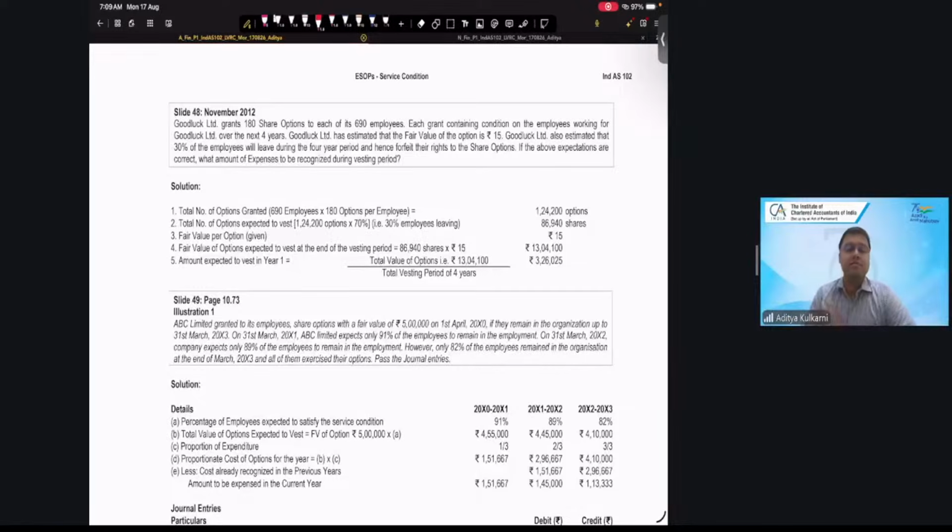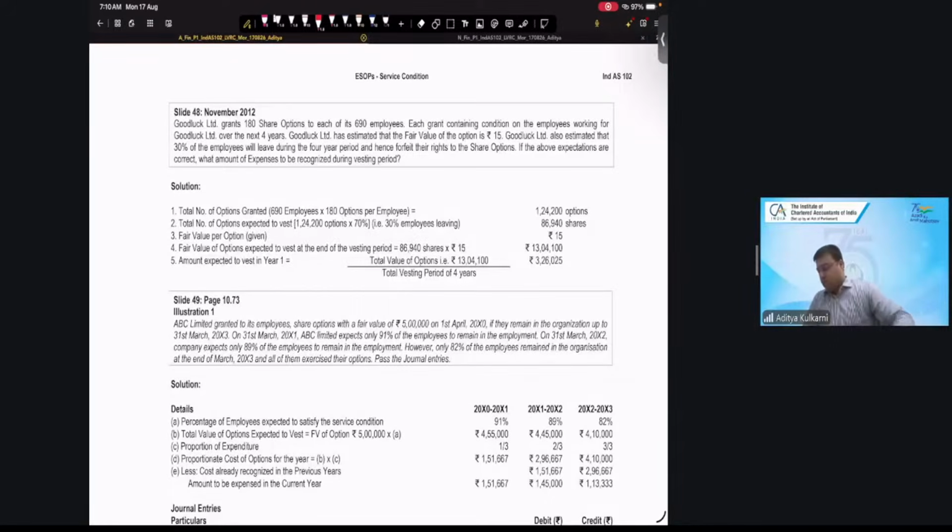When you talk about vesting period, when your stock options vest over a period, then you recognize expense over that period. You recognize the employee benefit expense over that period. Measurement would always be at fair value at the grant date for ESOPs. For SARs, it is fair value at each balance sheet date, where you will do a restatement.